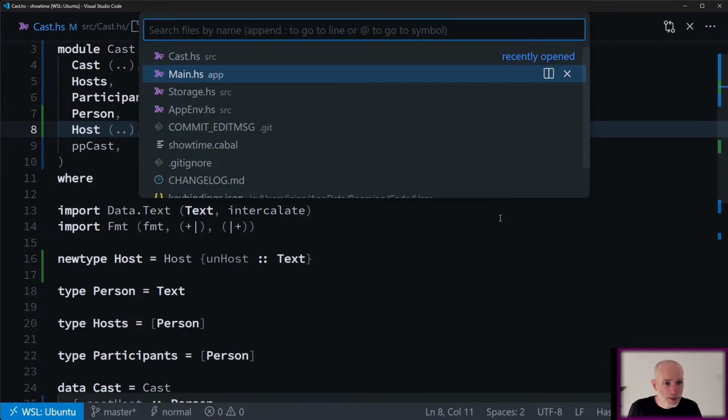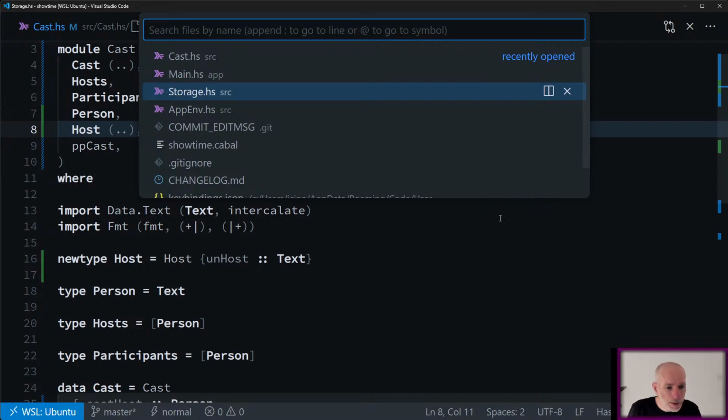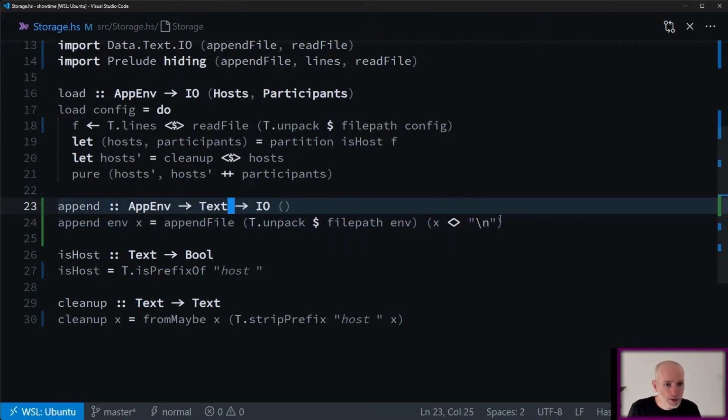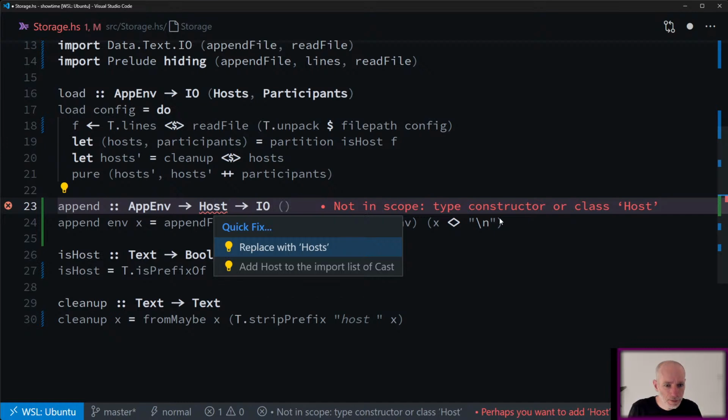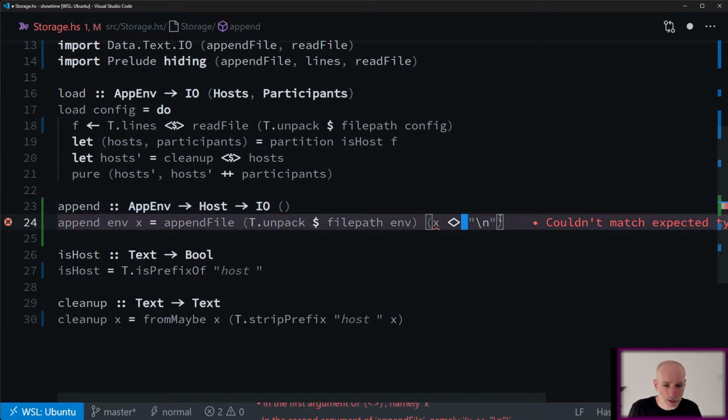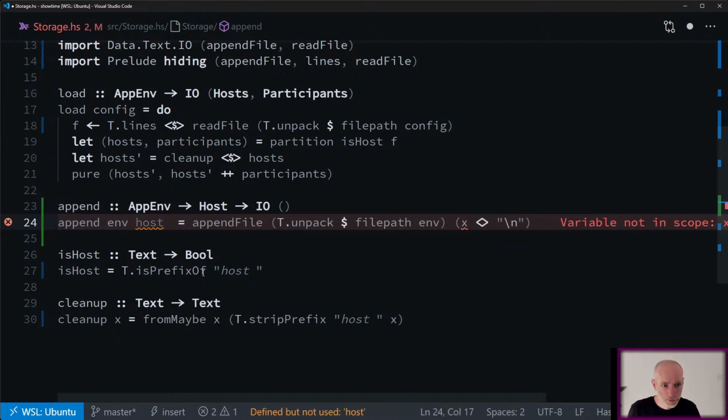Okay, so back in here, sorry, we can now change this. So append is not going to take text anymore, it'll take a host. And now this is a host. We now know that it's a host. So here we can say unhost host.